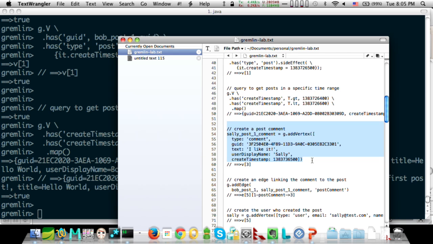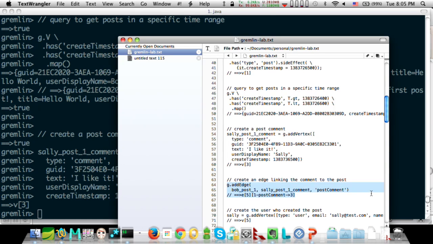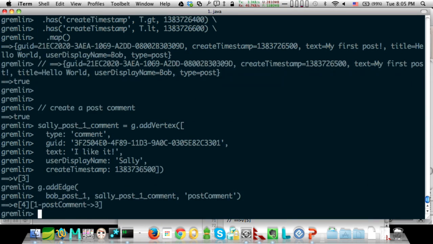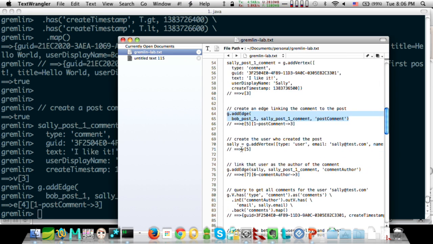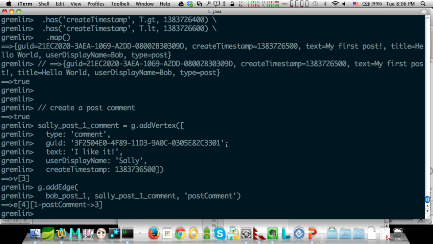All right, so Sally's done a comment for that. Now we need to link it to the post. Just merely adding that comment node doesn't mean that it's connected to that post at all. We need to add that edge. So now we can, this is interesting, we can create Sally now. So I created this comment. The author is Sally. Sally doesn't exist yet, right? And that's totally fine. If someone then wanted to try to query and figure something about Sally, they're going to find a dead end. But it's not stopping me from doing so. It's just a node and an edge.